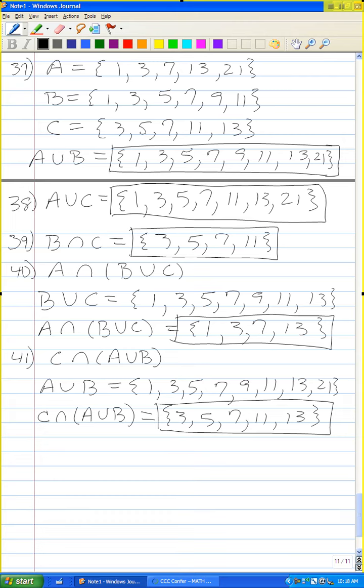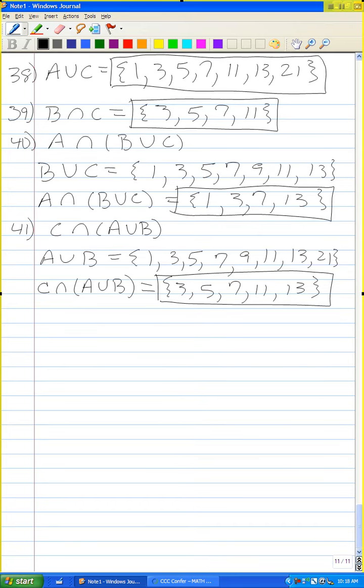Let me do problem number 42. And so in exercises 42 through 46, compute the indicated set operations using the following sets. So A is equal to,